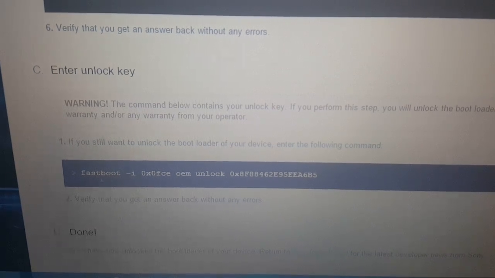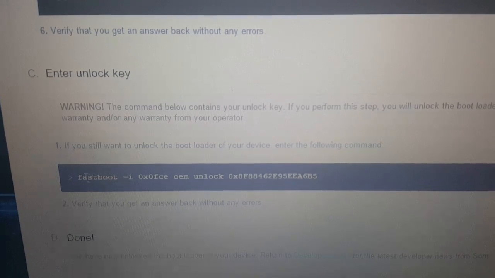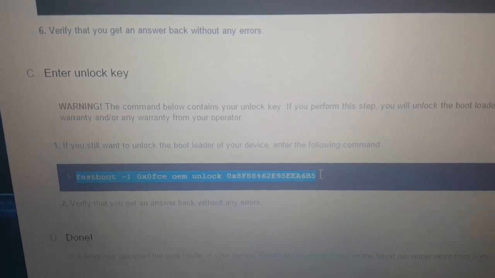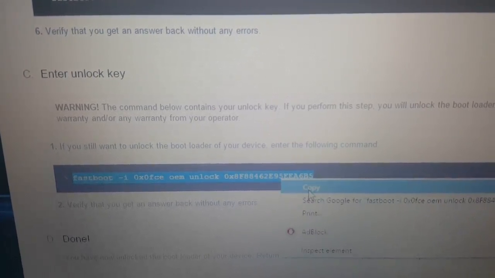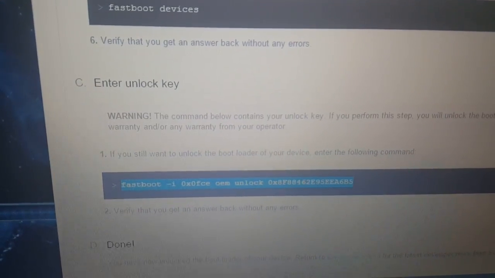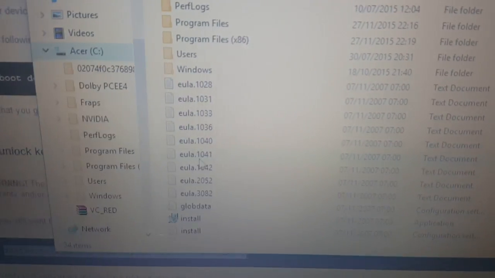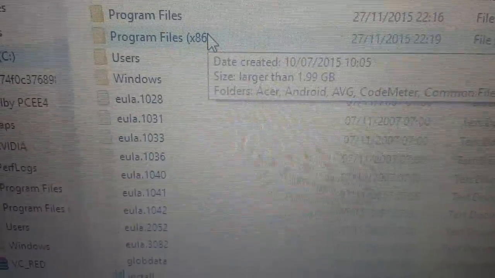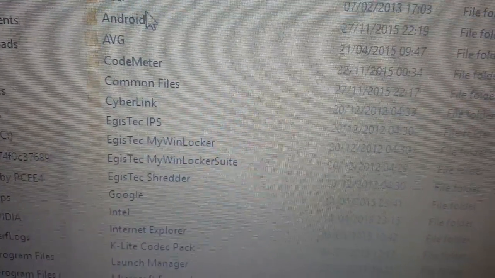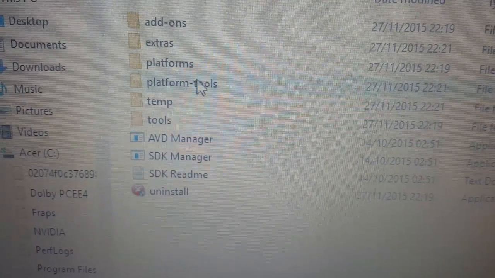Okay, so this is my unlock code. So what we're going to do is copy all of this, hit copy, and now we're going to go back to the C drive and back to program files x86, back to the Android folder, back to Android SDK. We're going to open platform tools here, and now